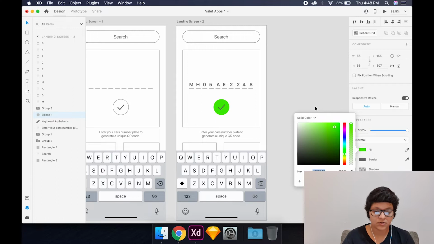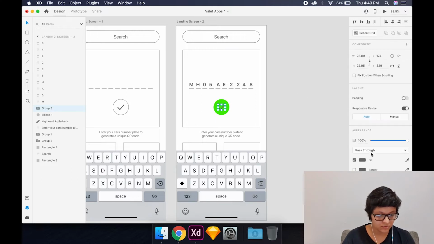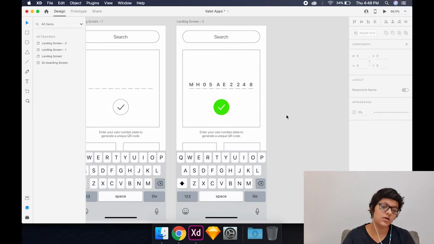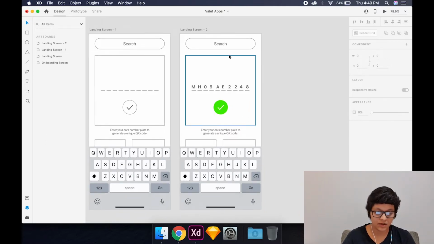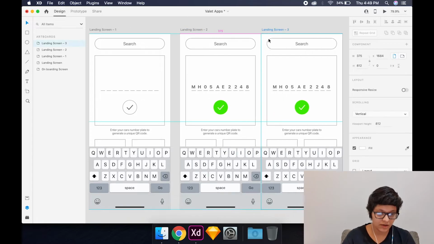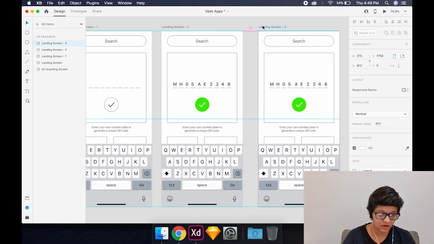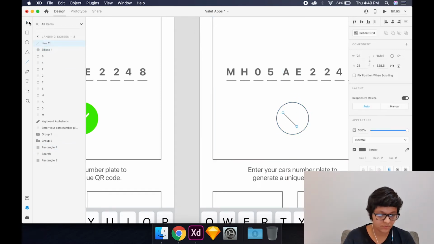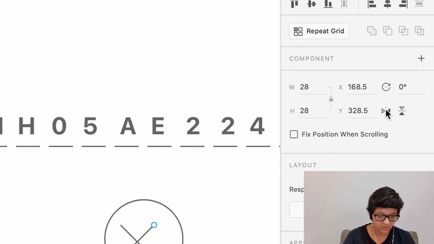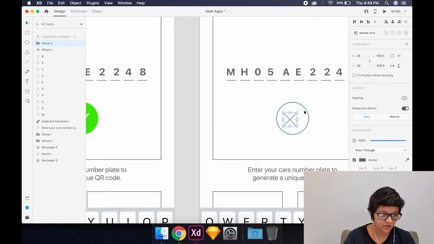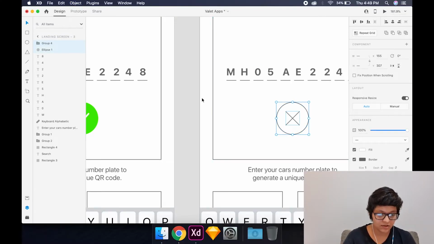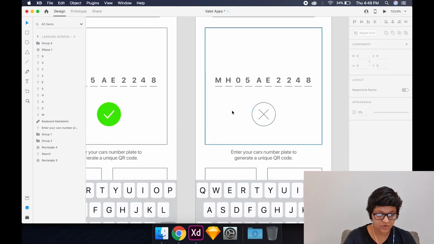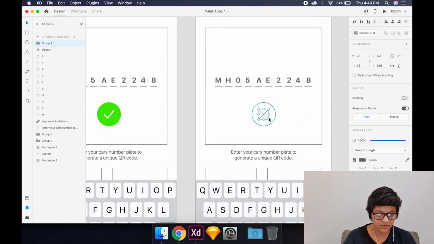So right now we're not focusing on the visuals again. I will also make the fill of the tick white so that it's visible, and the user now knows that this particular number plate number is correct. If you want the user to realize that the number he has entered is incorrect, that can be done by creating a small cross here, and I will reflect that and group it. So we have a very basic looking incorrect icon there. So the user will keep trying until he has given a valid number plate number.